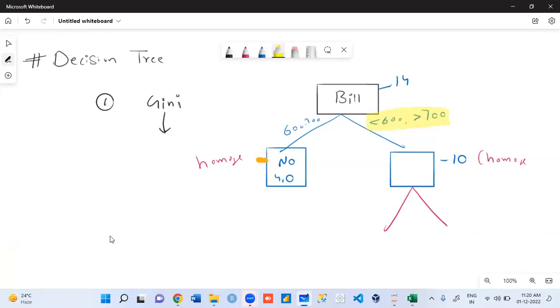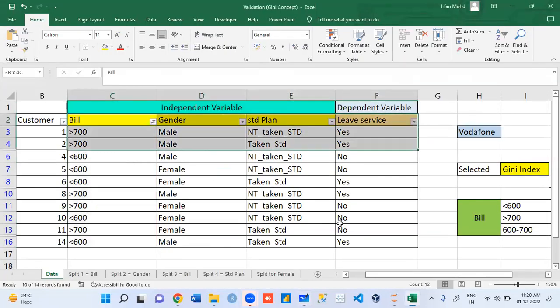So here how many variables we have now for 10 rows? कितने x है? 3. So again you will compute Gini value for all 3. Whichever have the highest, that variable will be selected. Clear or should I repeat it?